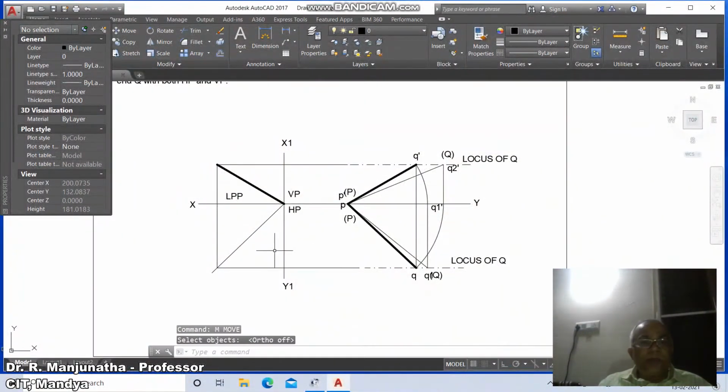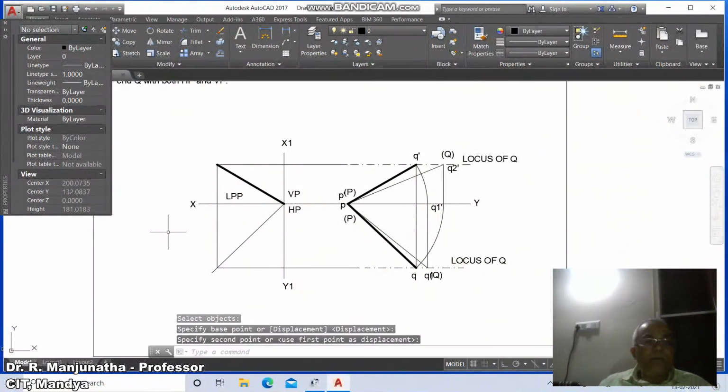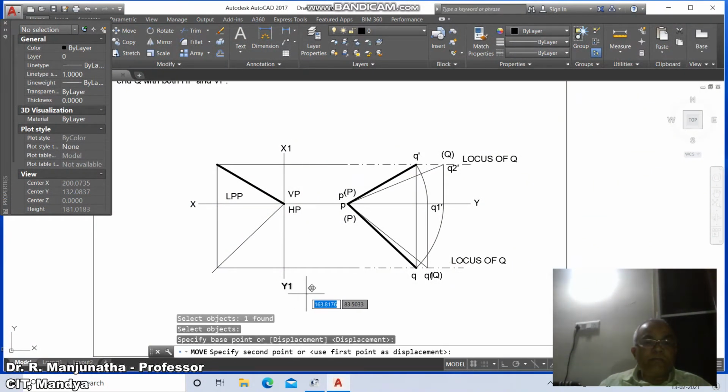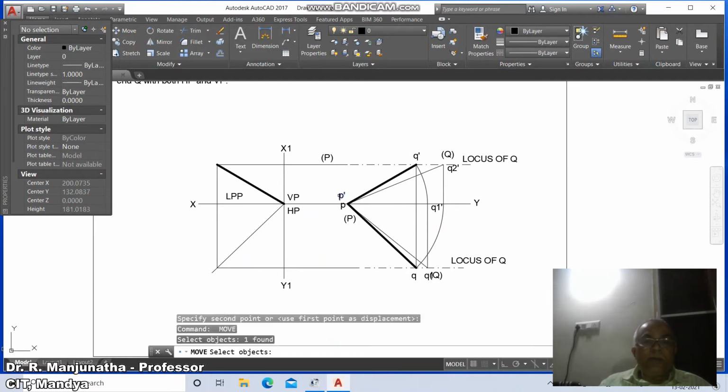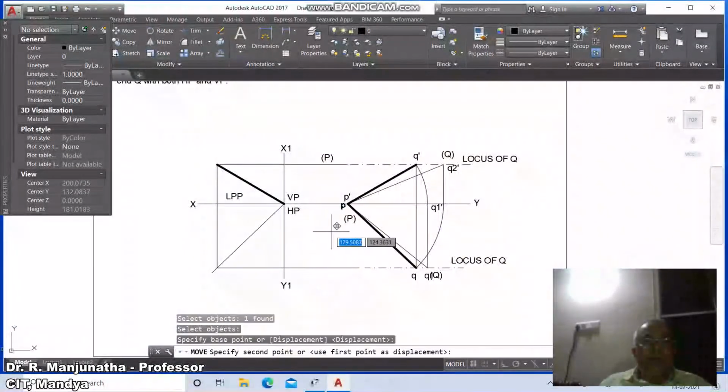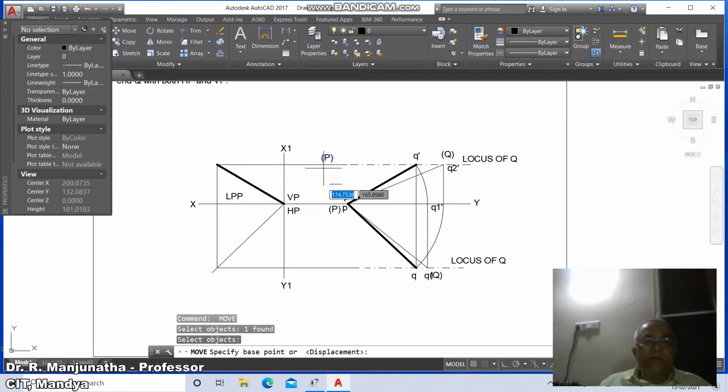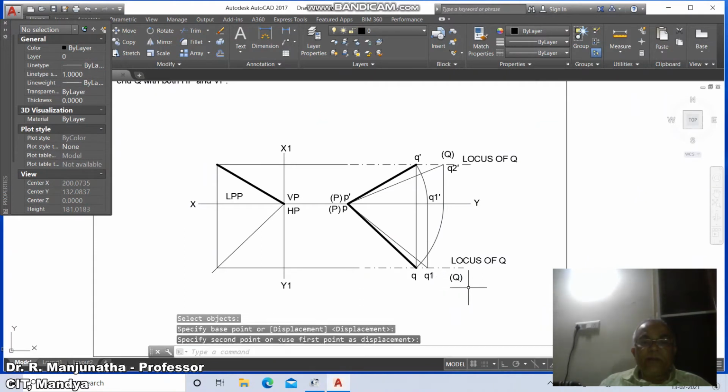Go to move, switch off the ortho mode, then go to move, select X and place it, then go to X1, then go to Y1, then this is VP and this is HP, then here P, go to P dash, and this is P, and this is small letter P, and this is capital P, both you have moved. Then go to Q dash, then this is Q1 dash, then this is Q1,